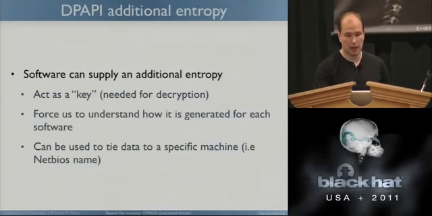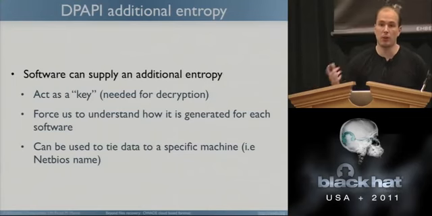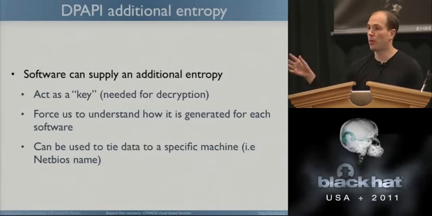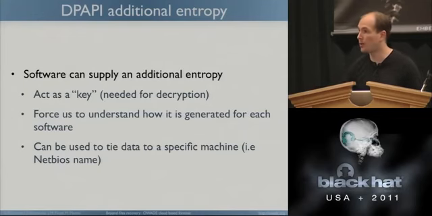The main point, as I said, is that the software's additional entropy, view it as a key. That's a key which actually prevents us from decrypting all the passwords in a generic fashion. We need to figure out how this key works, and it usually requires a lot of time. Some people do the smart thing, which is they try to tie the software encryption to the machine by looking at some hardware data, like the volume key, or the NetBIOS name. So that's why we have to do all the registry analysis beforehand, so we know which information to supply to these derivation schemes that I'm going to present in a few slides.